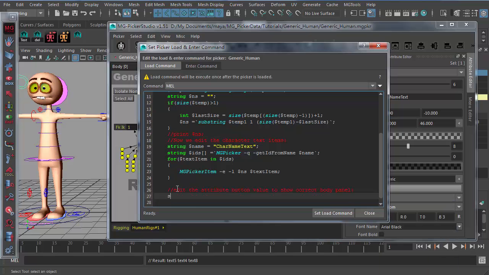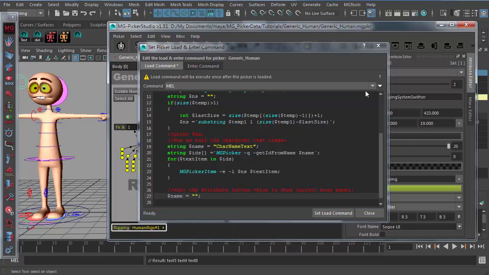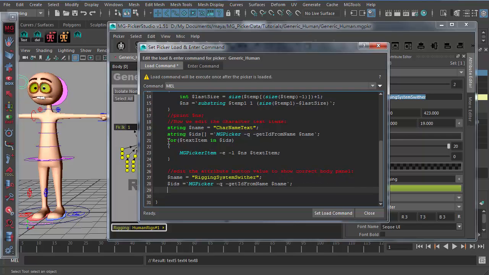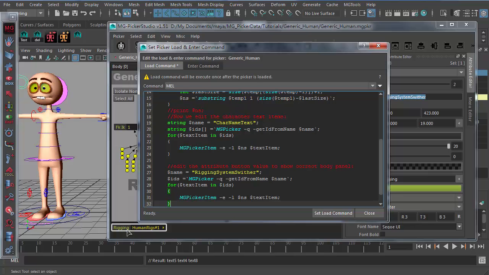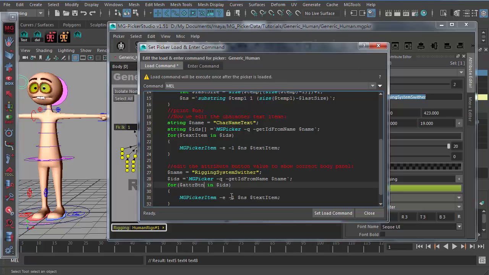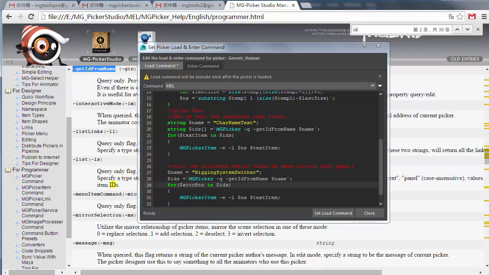Okay, so the name for the attribute button is just copy this. It's rigging system switcher. So also we can just use a variable we have already declared to get the attribute ID. So in case there will be multiple attribute buttons, maybe one for switching the body panel, one for switching the facial panel, we can just iterate through all these attribute buttons. Okay, so for attribute button, all we need is to edit its value. So